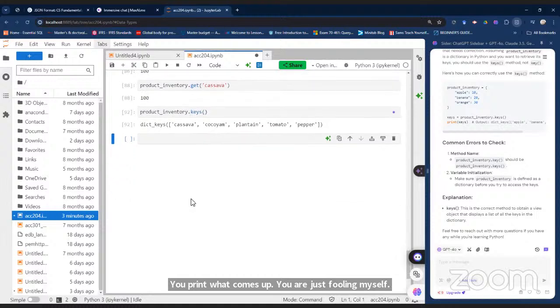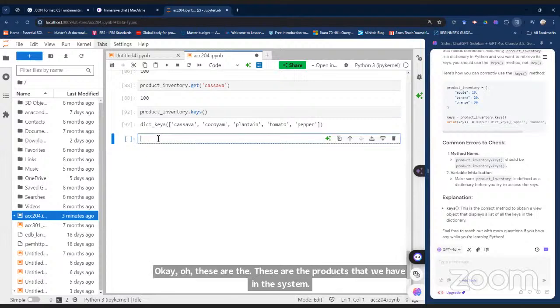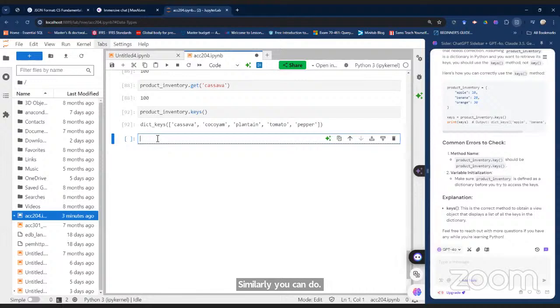So when I do dot keys on the object, it brings me all the keys. So it tells you dict keys. And then you see a list of all the keys: cassava, cocoyam, plantain, tomato, pepper. So this will give you an idea, okay, these are the products that we have in the system. Similarly, you can do product inventory dot values. If we have keys, then we should have values. So let's do product inventory